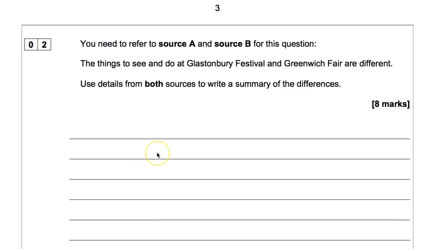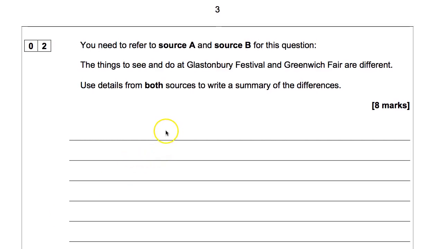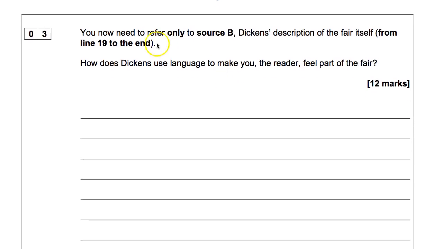Okay, so you're next going to look at question 2 in this paper, but there's a big problem. You need to refer to source A and source B for this question. Well, so far you've only read about half of source A and you haven't read source B. So that presents a bit of a difficulty. You've got to concentrate on an awful lot there, but let's scan ahead because in question 3, look, you now